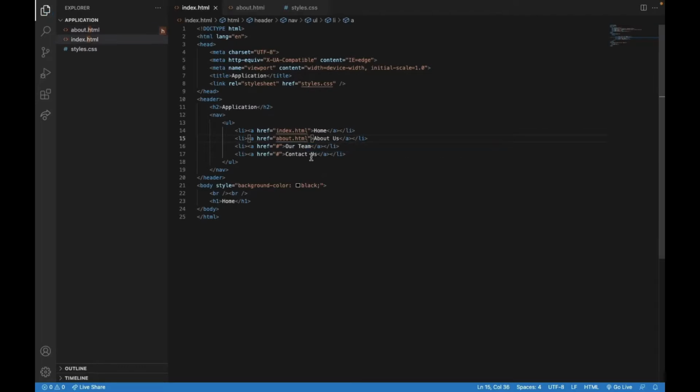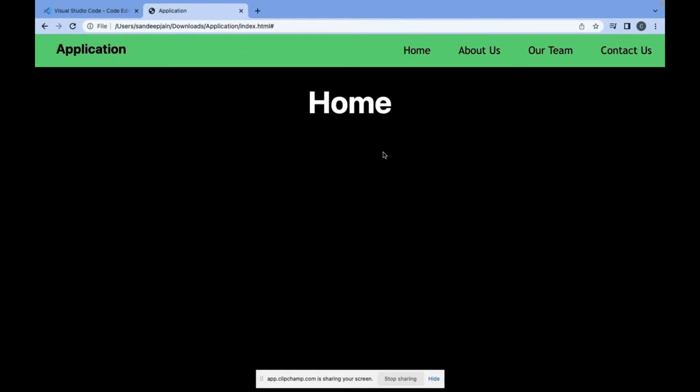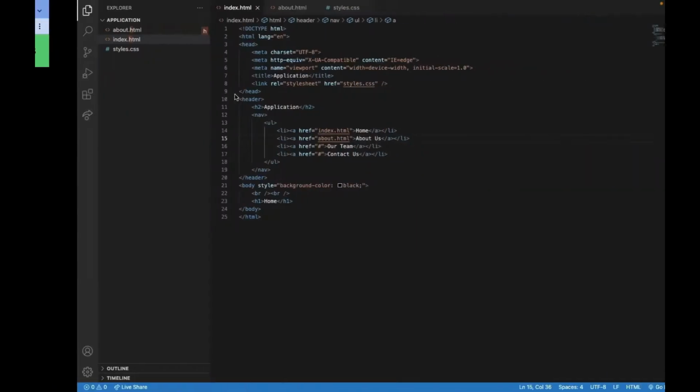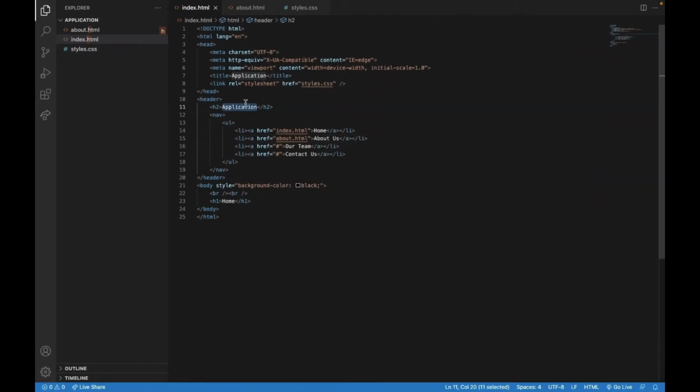And if we save both of these classes and refresh, this is what we have right now. If we click About Us, you'll see that we're in the About Us page. And if we go back to Home, then we're back in the Home page. And another feature that we should probably add is change what's written at the top here. So if we change the title to be home, and then change the title over here to be about us,